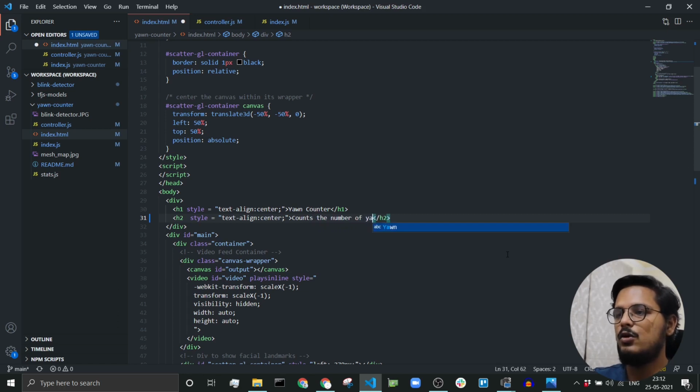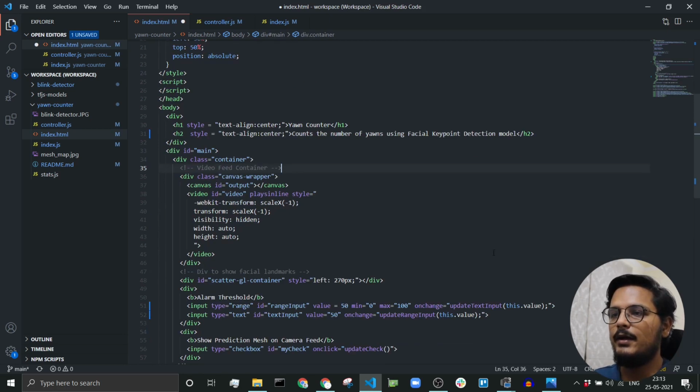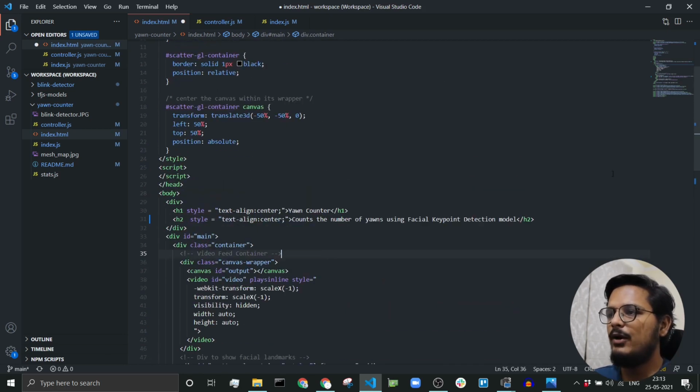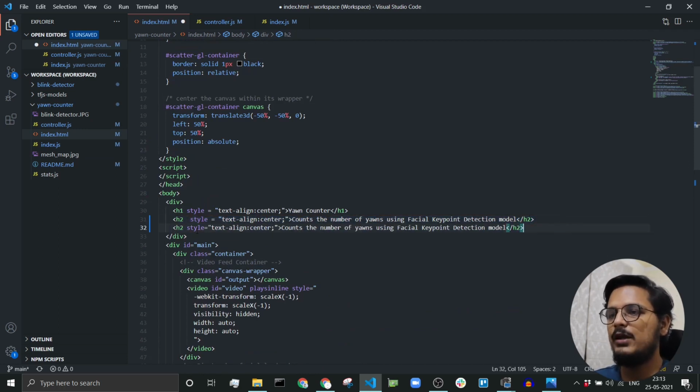Number of yawns using facial key point detection model. Cool. And yeah, we might also want to add a tag which will basically keep track of the yawn counts. So we will just call that yawn tag,